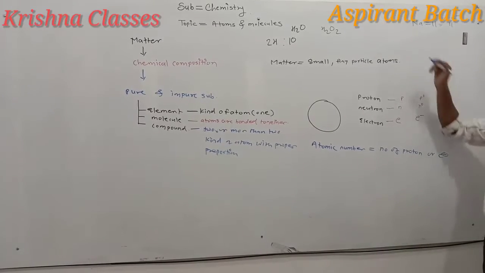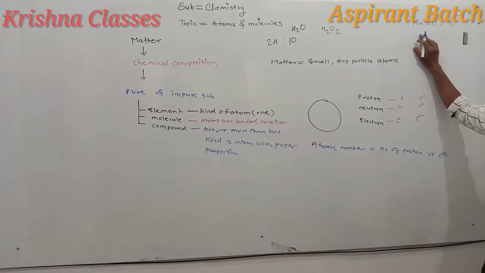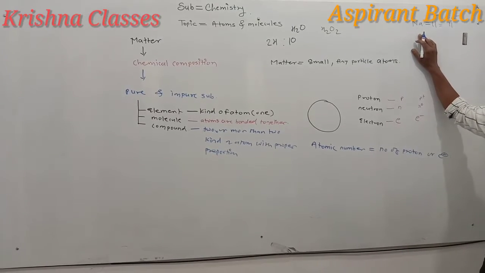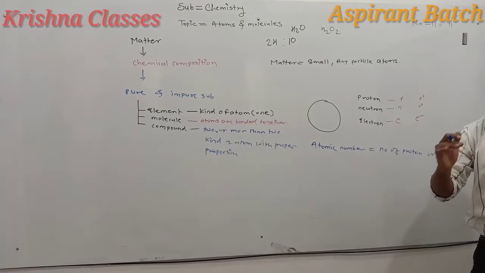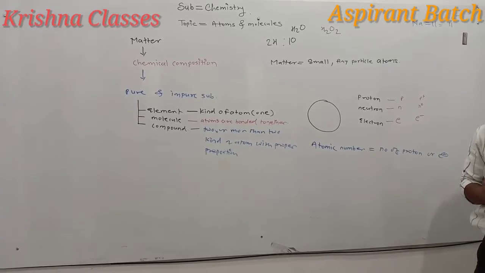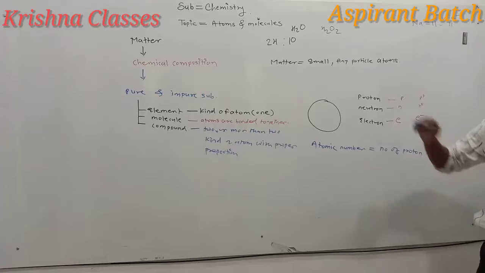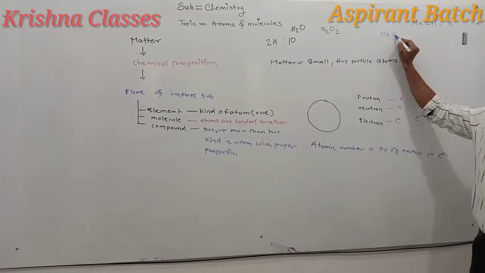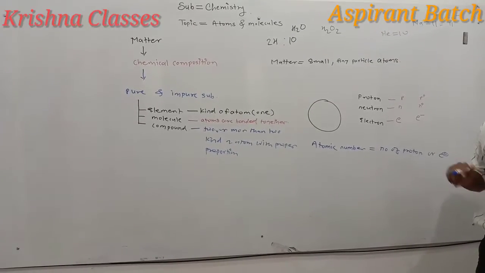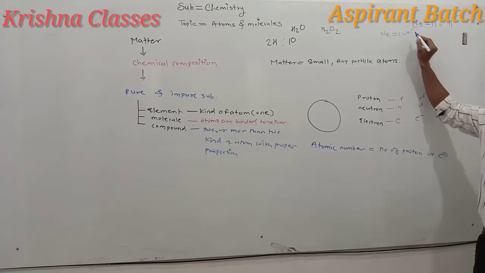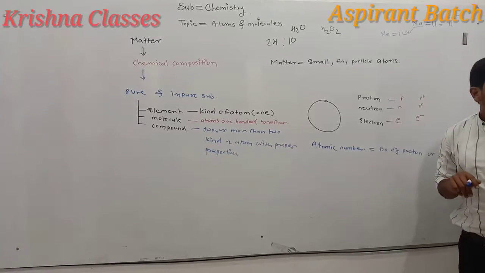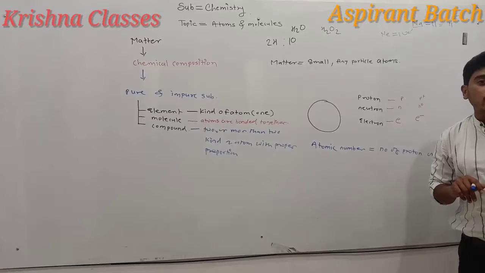Now consider when an atom forms an ion. In order to complete its octet, the particular atom tries to attain a stable electronic configuration, that is, the nearest noble gas configuration. Now what is the nearest element to sodium? It is neon, which has atomic number 10. So sodium tries to attain this nearest noble gas electronic configuration.